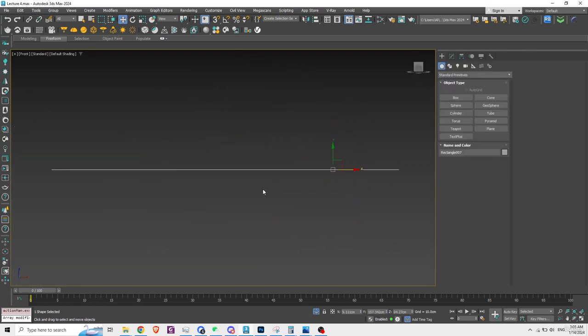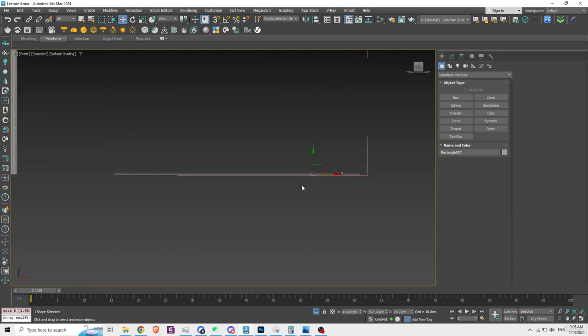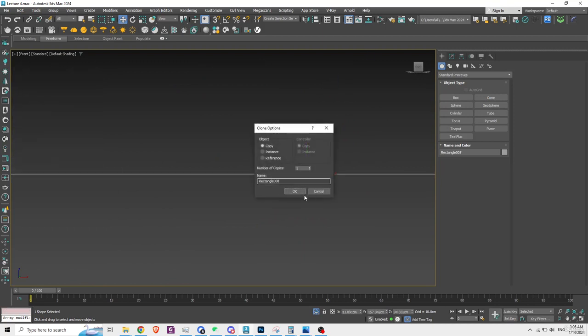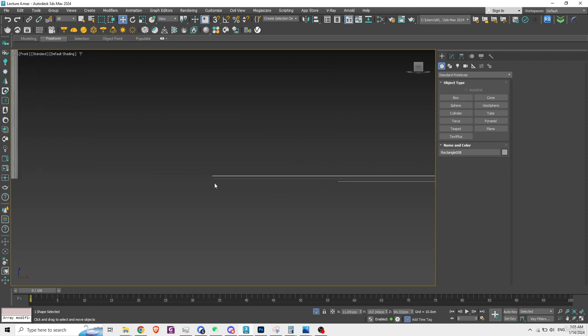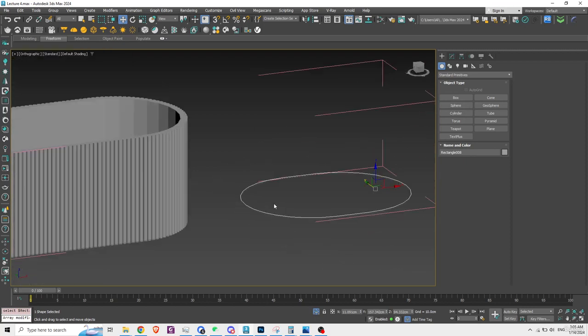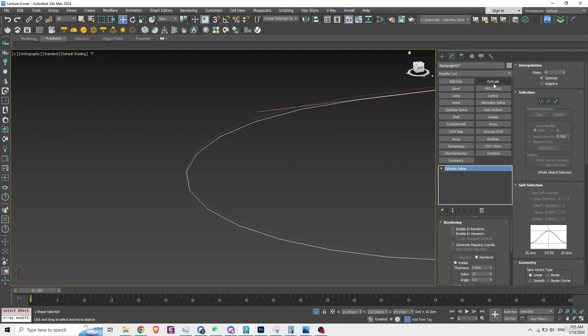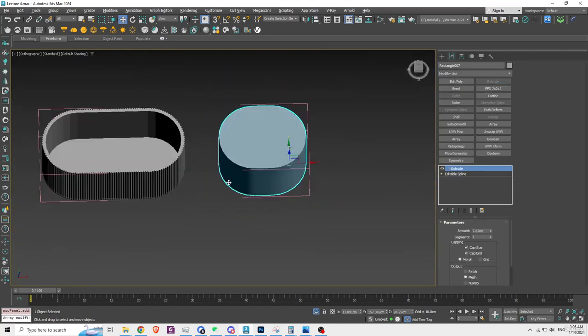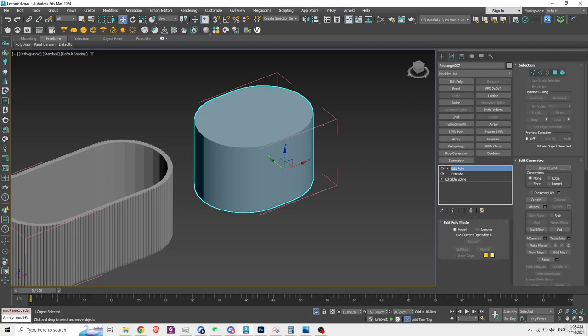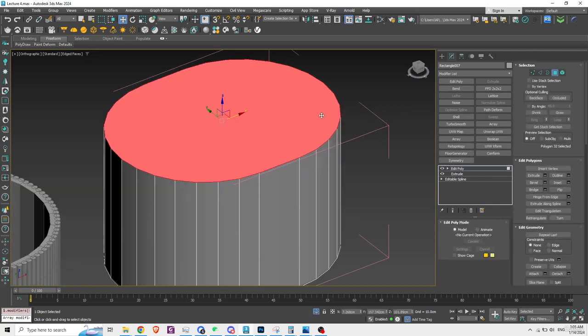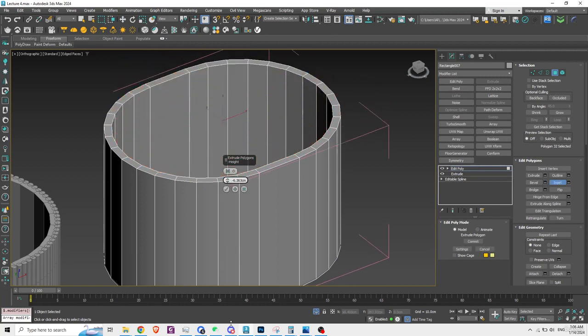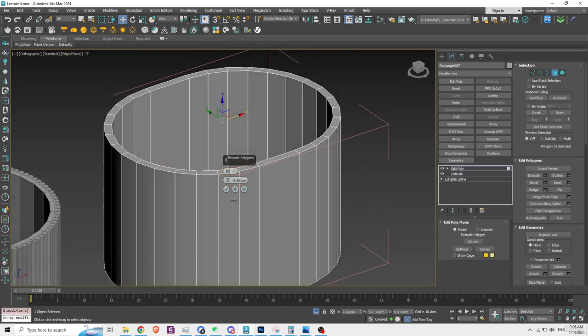So we will do the same practice again. Like we will make a copy of it. Okay. And we will extrude one of them, maybe the bottom one. We will extrude it. Okay, cool. Apply edit poly. Select the face, press inset, a small amount, extrude minus, downward, press OK,